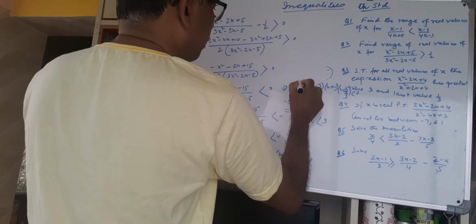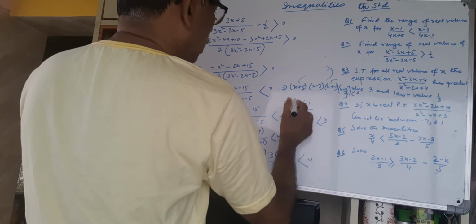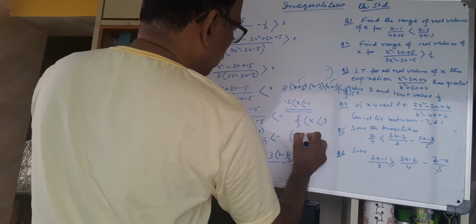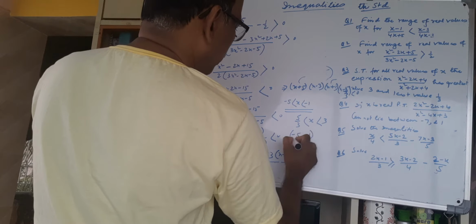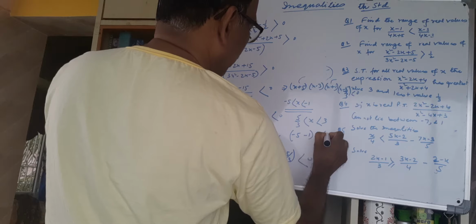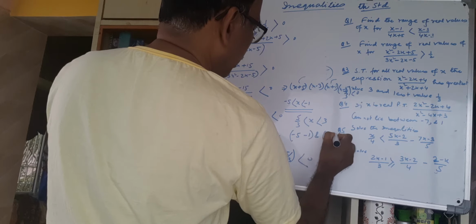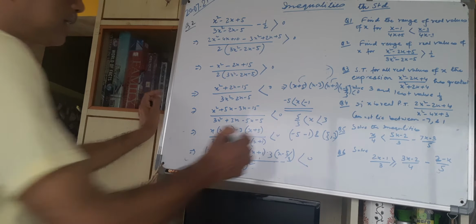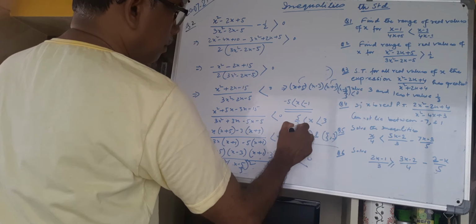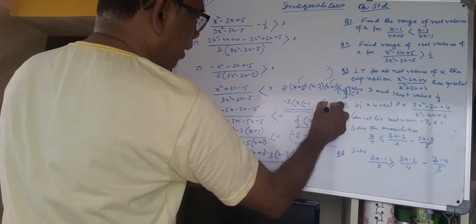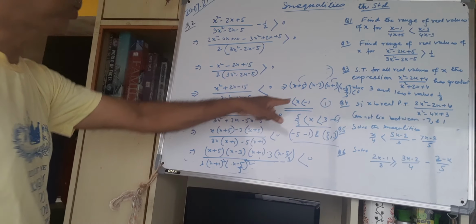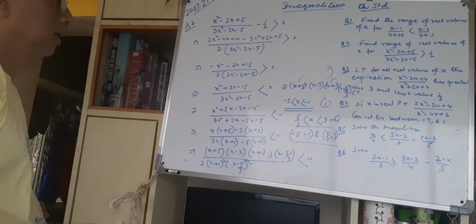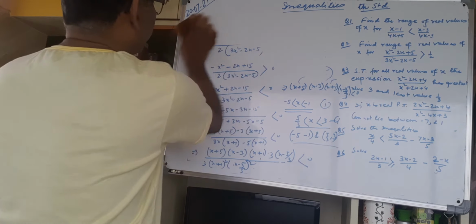So this and this, within this we can write symbolically -5, -1 and 5/3, 3. Minus 5, minus 1, 5/3. This is symbolically you can write, and this is by inequation. This is the true range of the value of x. From this expression you can write. Next, sum number 3.